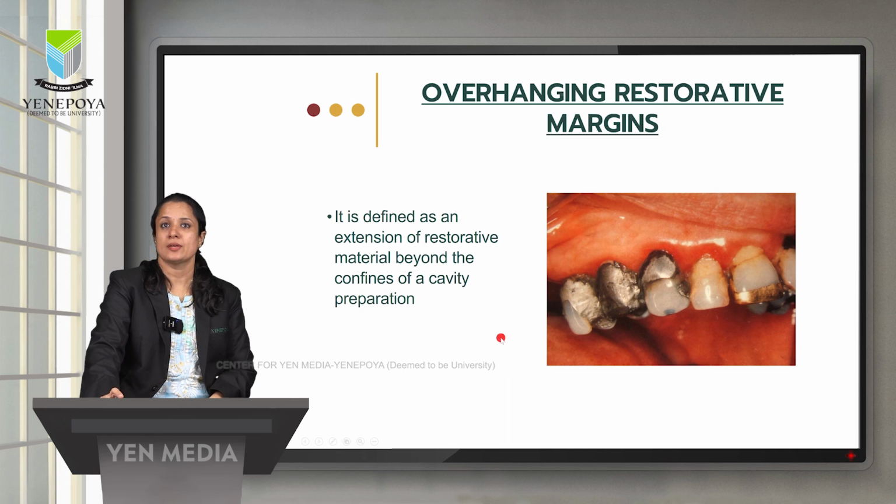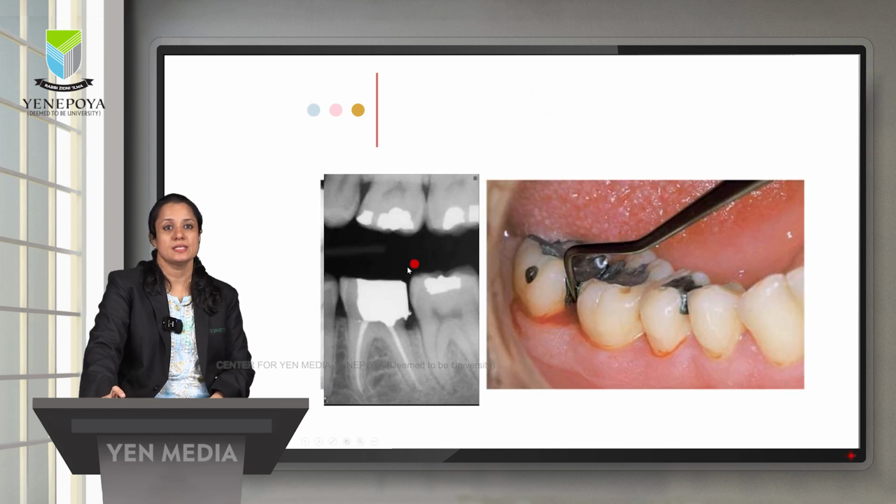So, what are overhanging restorative margins? It is defined as an extension of restorative material beyond the confines of a cavity preparation. So, in this radiograph, we can identify the overhanging margin here. So, this restoration is extending beyond the confines of the cavity preparation, and we have a rough margin here, which can